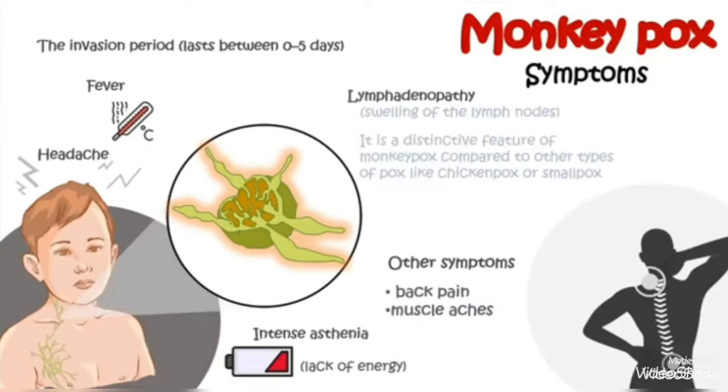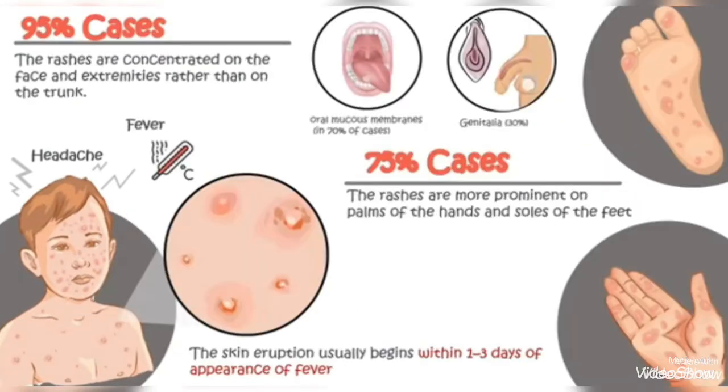Now let us know about the symptoms. The WHO has classified it into 4 stages. Stage 1, once the patient is infected, he develops flu-like symptoms as seen in upper respiratory tract infection, like fever, body aches, headache, and fatigue. In stage 2, lymphadenopathy occurs, that means appearance of small lumps throughout the body. In stage 3, rashes develop, which are often on hands, feet, mouth, and even genitals. In stage 4, rashes usually transform into raised bumps or painful pus-filled red papules.